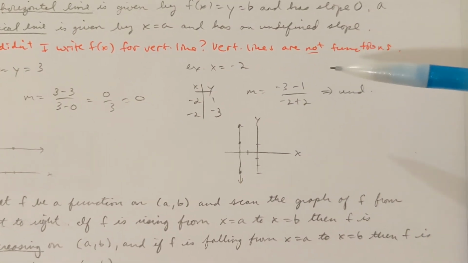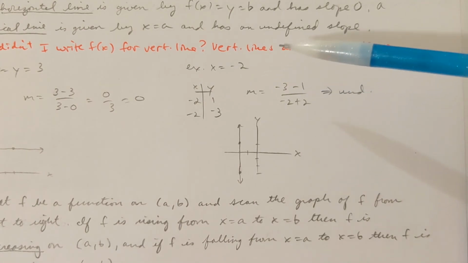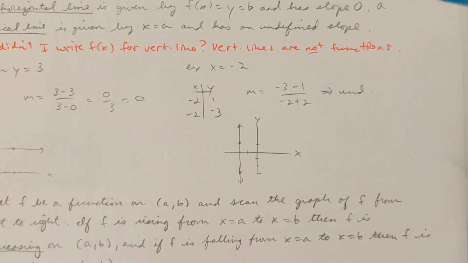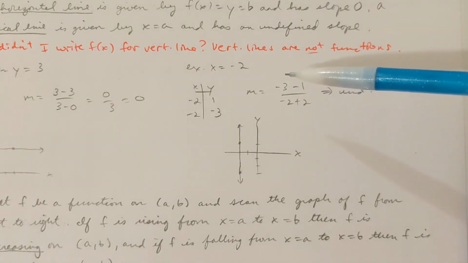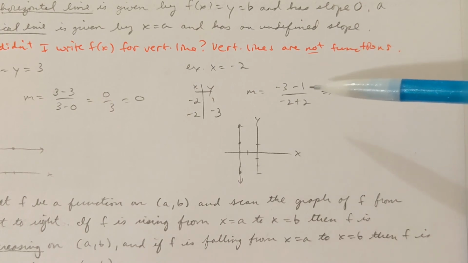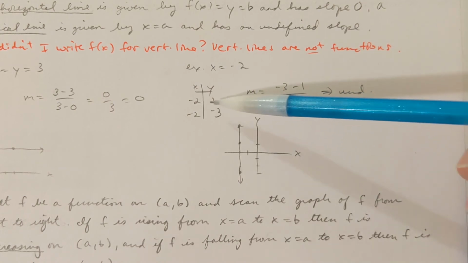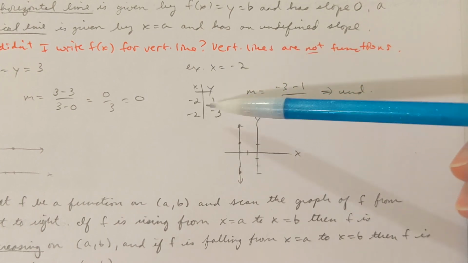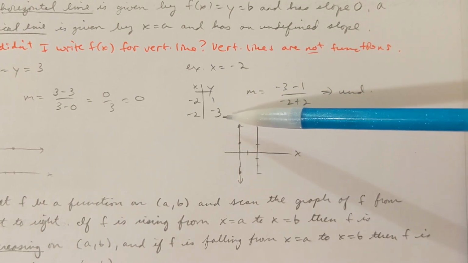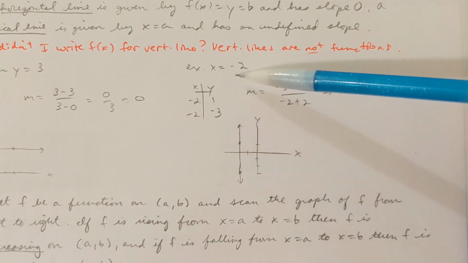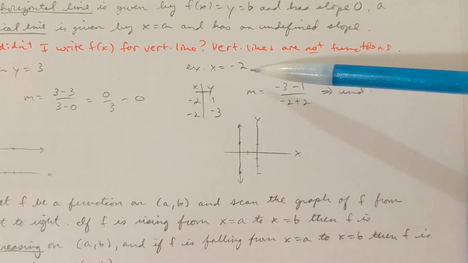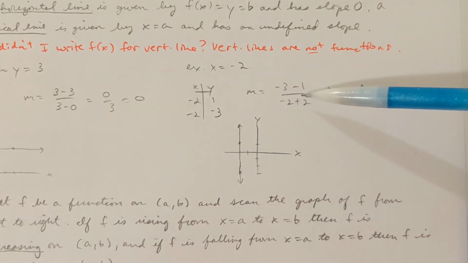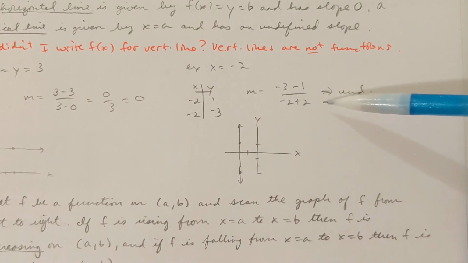Now in the case of vertical lines, suppose that we have x equals negative 2. A vertical line has an undefined slope. The reason why is because of how the slope is calculated. If I let x be negative 2 and select any y value I want, like y is 1, x is negative 2, y is negative 3, x is negative 2, y can be anything, and x is always going to be negative 2. So change in y over change in x, the difference in the y values,